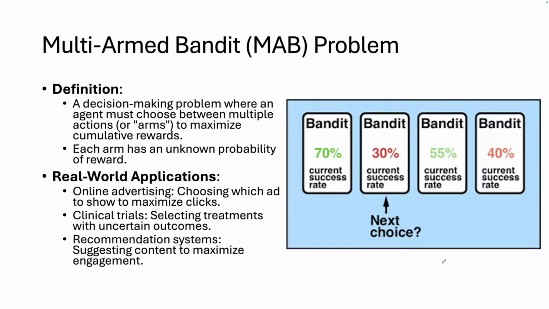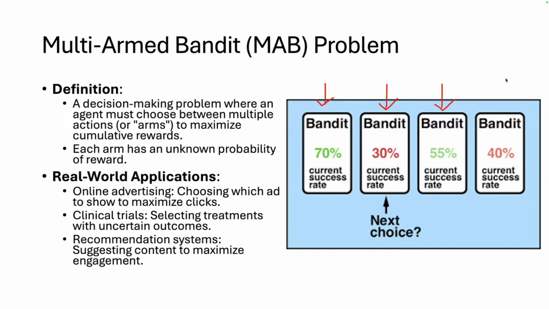It had a static probability. So imagine one slot machine had a 70% success rate. Wouldn't that be fabulous? This is just a thought exercise. So out of every 10 times you pulled that arm, it paid out 7 out of those 10 times. The thing is, when you walk into this casino, this gambling bar, there's 4 slot machines here. And originally, you know nothing about them. You don't know what their win rate is.